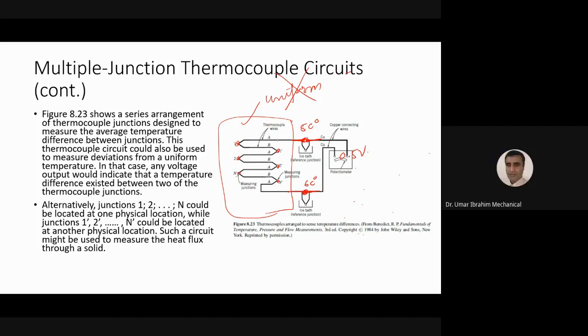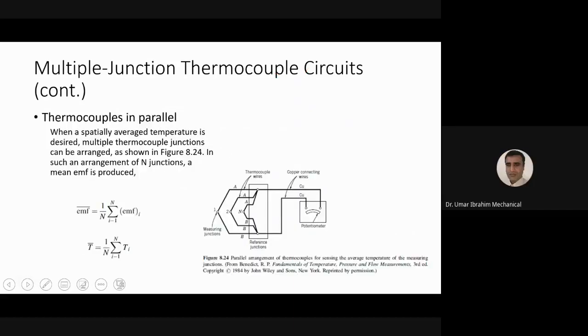लेकिन ये वोल्टेज आउटपुट नॉन यूनिफॉर्मिटी की वजह से नहीं आ रही, बल्कि यहां पर जो आप एक्स्ट्रा जंक्शन बना रहे हैं, क्योंकि आपका वोल्ट मीटर का जो मटेरियल है वो कॉपर है और जो थर्मोकपल के मटेरियल है वो कॉपर से डिफरेंट है, तो जहां पर वोल्ट मीटर आप थर्मोकपल से कनेक्ट करें वहां पर आपके पास एक्स्ट्रा जंक्शंस बन रहे हैं। ओके सर, ठीक है, सही है सर। अच्छा, लास्ट इज थर्मोकपल इन पैरेलल।